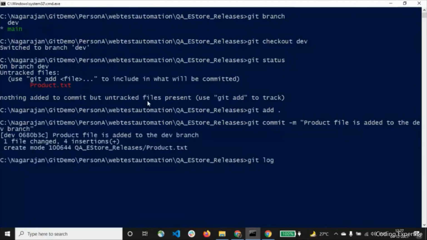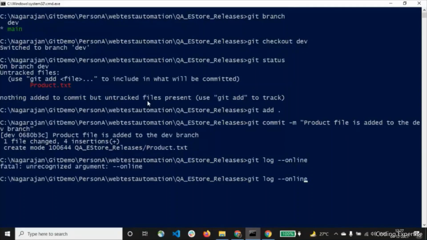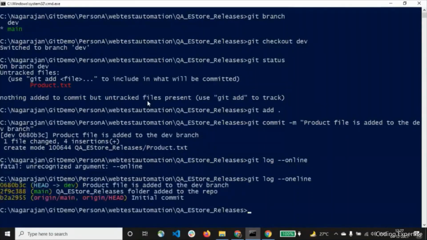Now put git log and get the commit information. The git log shows the list of commits. This is the recent commit, 0680B3C. We are going to cherry pick this particular commit, 0680B, and apply it to the main branch.